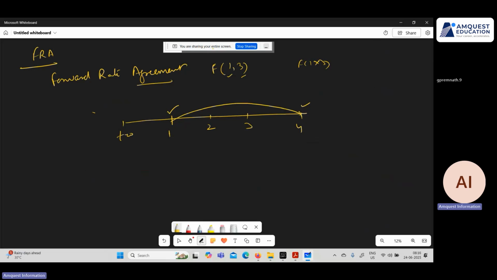Think about this. What could be a standard situation where you would think about getting into an FRA? We understand why we enter into a swap, right? How about an FRA? The idea is still the same, that we are trying to fix something, but what is it? Think about this. If I think that the interest rate can go up or can go down, and I'm not really adding a component of FX right now,